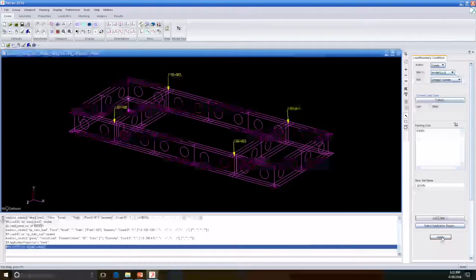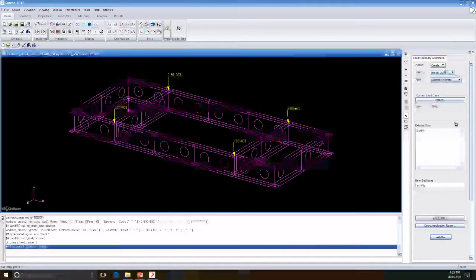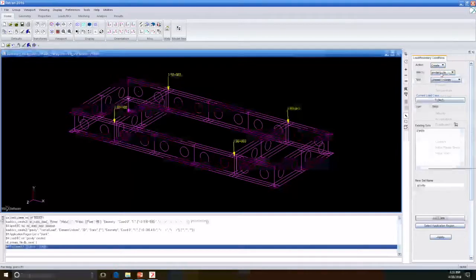Now we're going to put a constraint at the corners of the frame. We go to loads BCs, create a displacement and nodal. Okay, we're going to write it